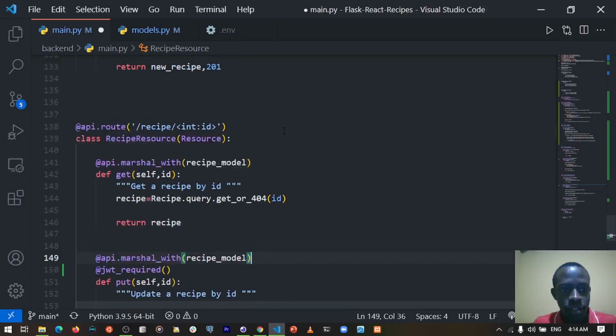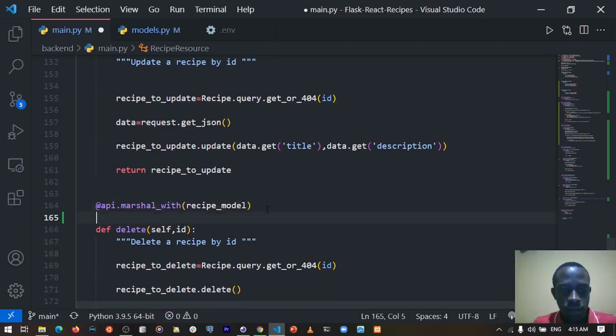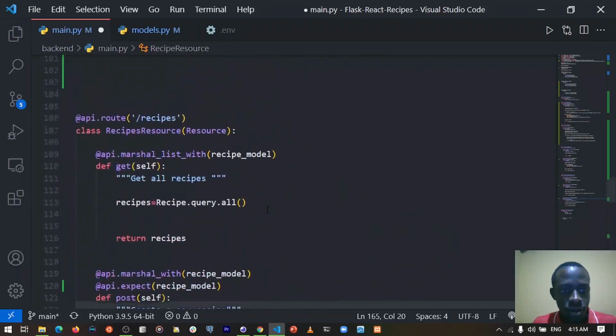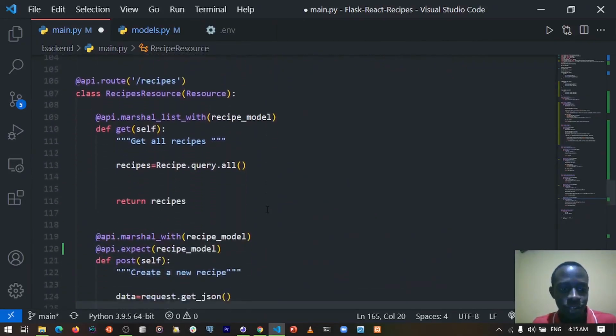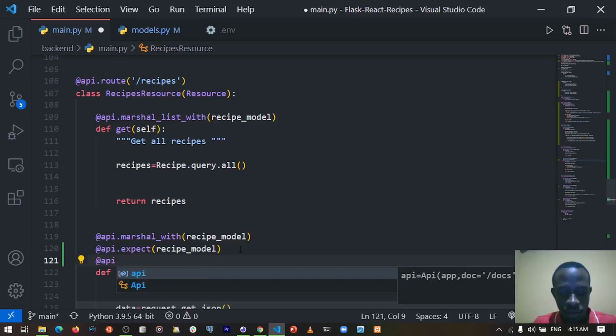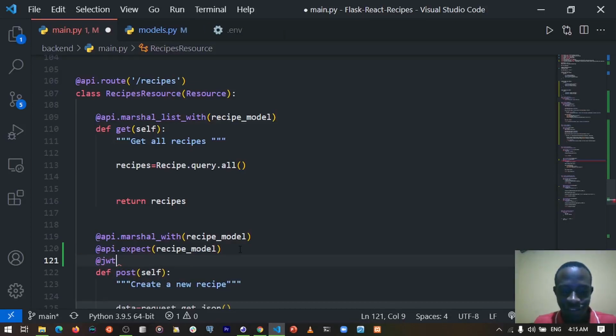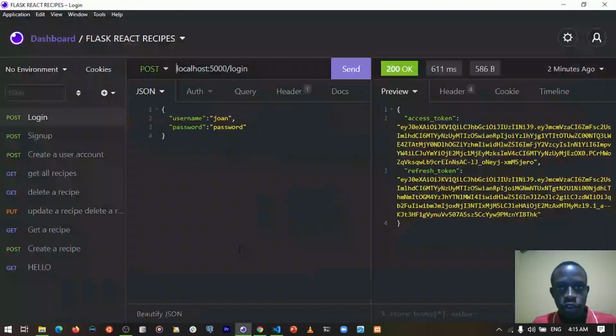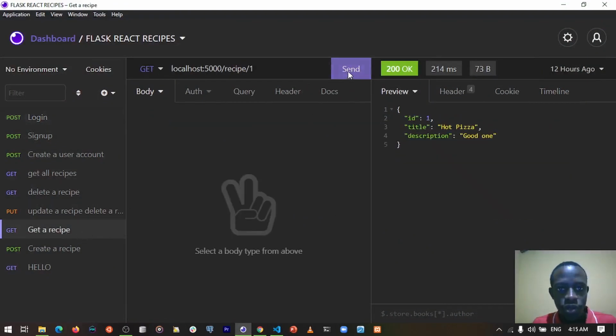And then I also go ahead and protect the route for deleting a recipe. So I'll say @jwt_required. And then after that, I'll also protect other routes such as that for creating a recipe. So I may say this is going to be, so I may protect this and say @api, but actually this is going to be a jwt_required. So this is going to be jwt_required. So after doing this, I am going to save, and when you try to access these routes, let's try to access these routes. So let's say I'm trying to access get a recipe. So when I send this,